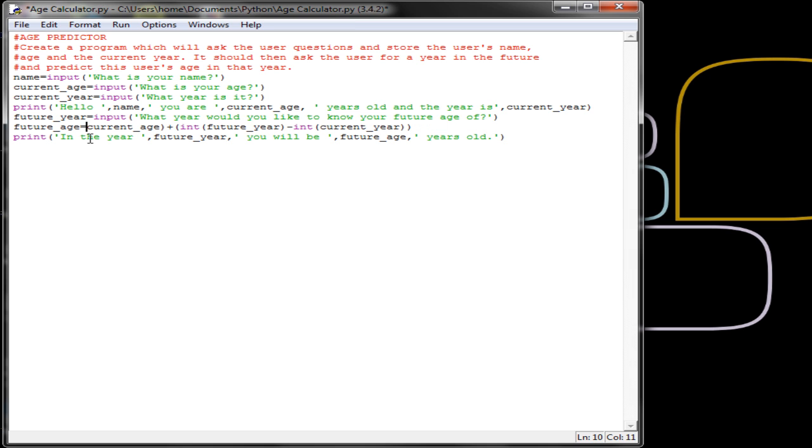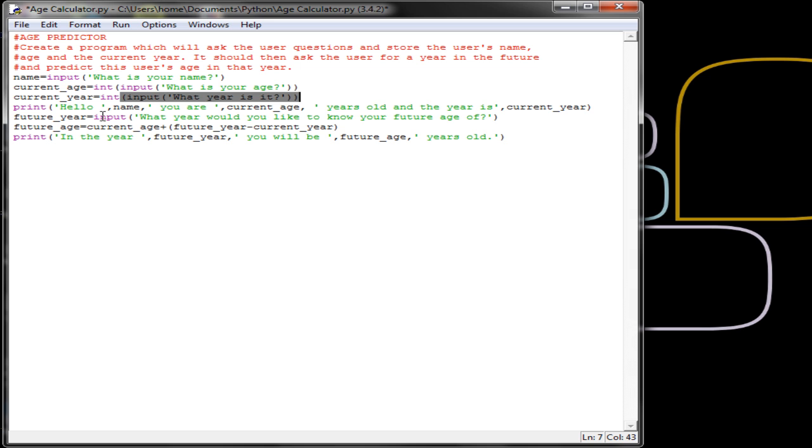Another way that we can do it, if I just delete out the int functions, we're not going to need that, or that, or that. We are going to need that actually, and not that one. And another way we can do it, we can do it up here to say name is equal to, that's not going to be, so current age is going to be an int, and we just apply the int function to the input statement. So as soon as it comes in, it is automatically defined as an integer, and we can do the same with